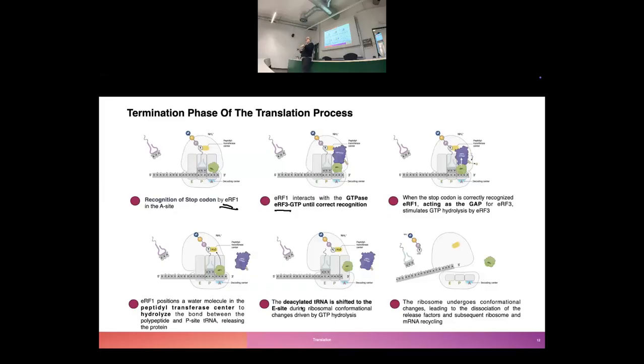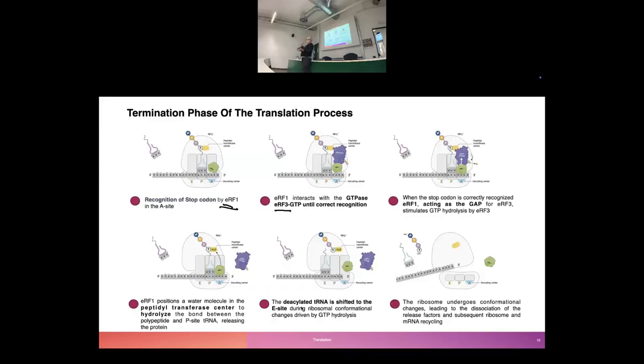And only when there's a strong, stable interaction between releasing factor 1 and the three nucleotides coding as a stop signal, when the interaction is stable, it is possible for the elongation, the releasing factor 1, to behave as a GAP for the releasing factor 3. So the releasing factor 1